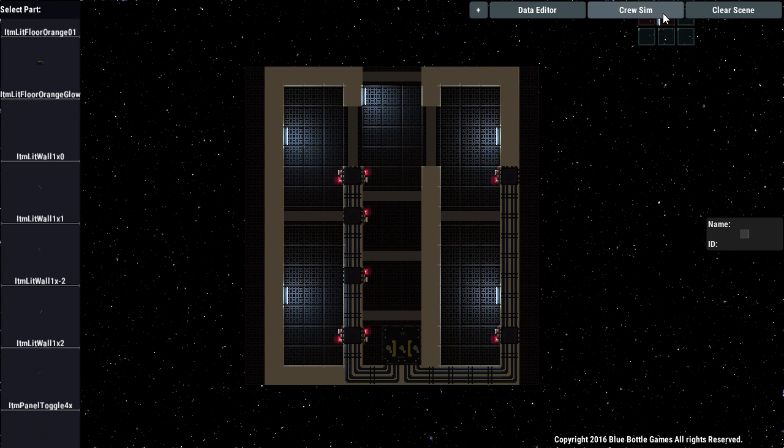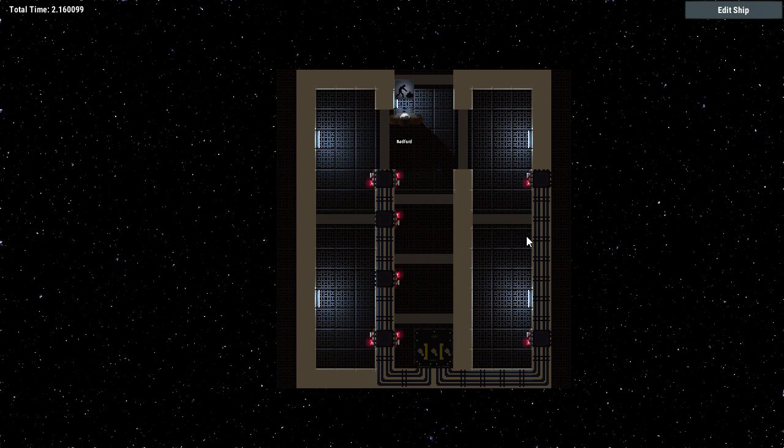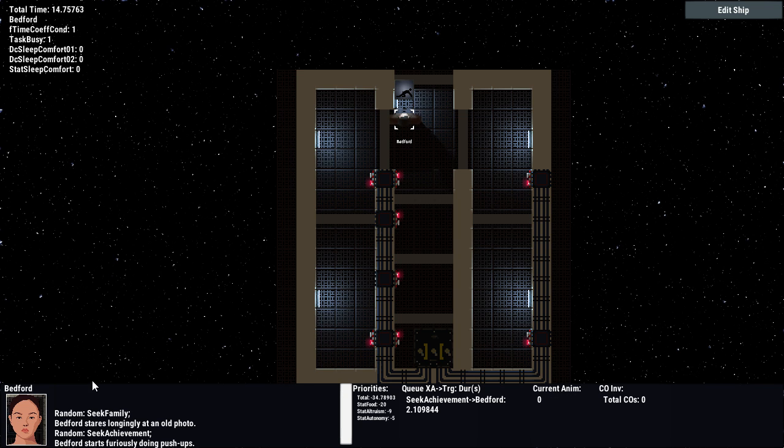The next thing I'm going to do is switch to crew sim mode. So I'll click on crew sim, and all that does is it switches to basically a live mode. It'll throw one crew member down by default, choose a random spot in the ship, and he'll just start doing his thing. He's doing push-ups right now. Her name is Bedford, and she